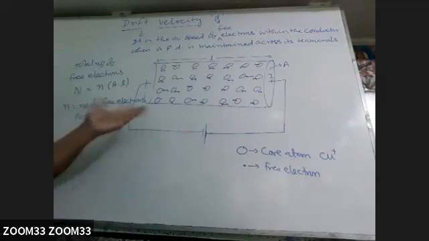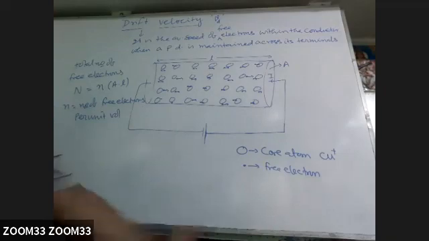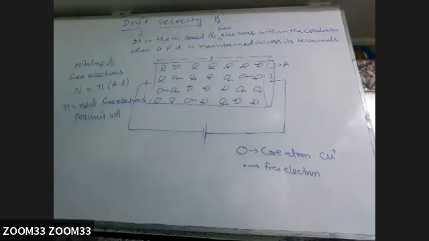This will be different for different conductors. If you are taking copper, the number of free electrons per unit volume is different. If you are taking silver, it is different. So this n will be different. Naturally, this capital N will depend on this n as well as the dimensions of this conductor. If you are considering a larger length,